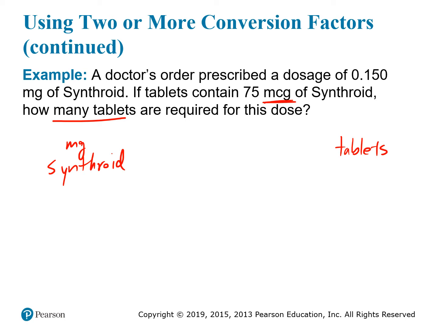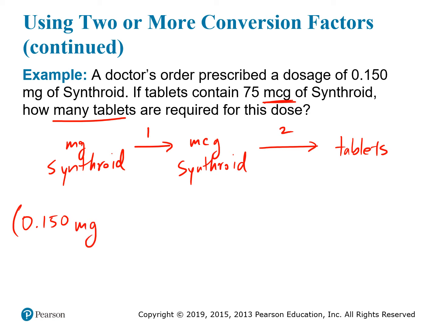So we're going to go from milligrams of Synthroid to micrograms of Synthroid. And then we can go from micrograms of Synthroid to tablets of Synthroid. Setting up the plan in this way shows us that we're going to need 2 conversion factors. Then we can look at the problem to try and figure out the equations that will give us what we need. Again, an easy way to do this is to start with the quantity that you're trying to convert, in this case